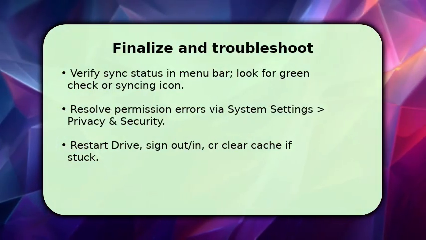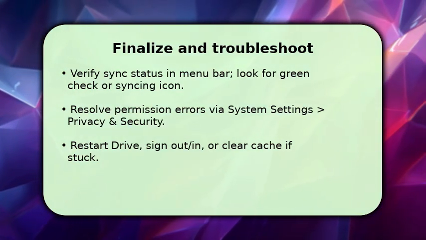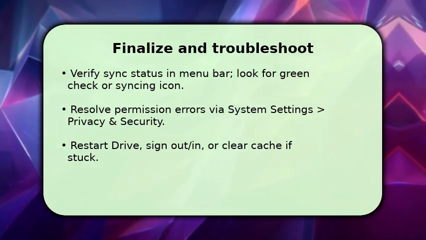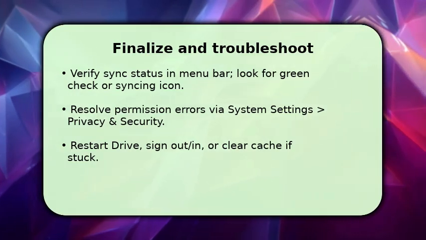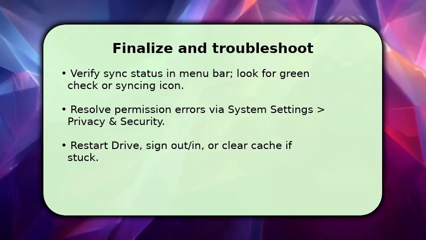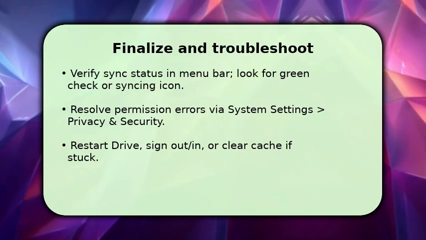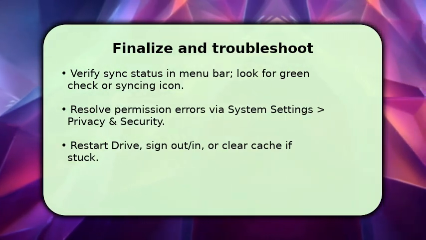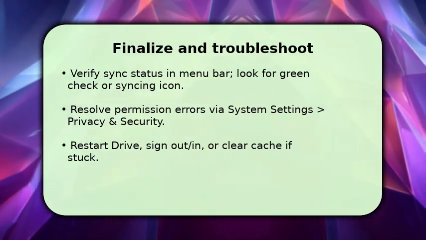Finish by confirming everything syncs correctly and learn a key fix. Check the Drive icon in the menu bar for a green check or active syncing animation to confirm success. If files show as offline or permissions errors appear, go to System Settings, Privacy and Security, and allow Drive access to files and folders plus full disk access, then restart the app. If syncing stalls, sign out and sign back in or clear the Drive cache. This quick troubleshooting step resolves most